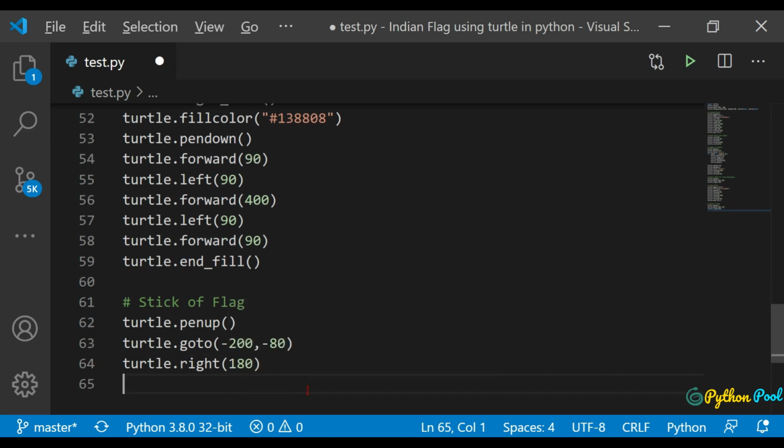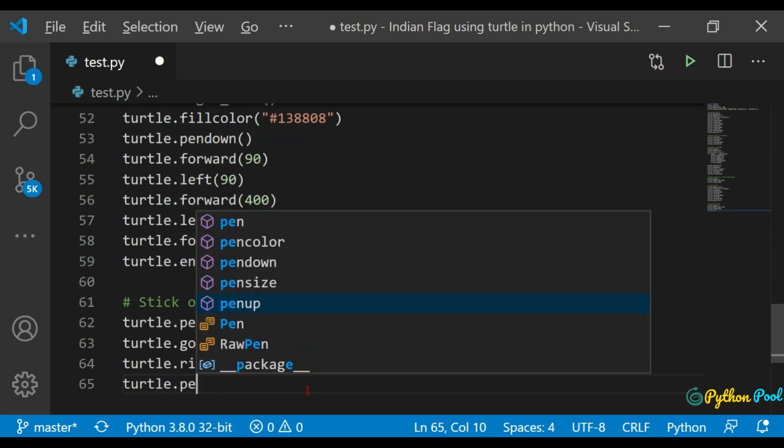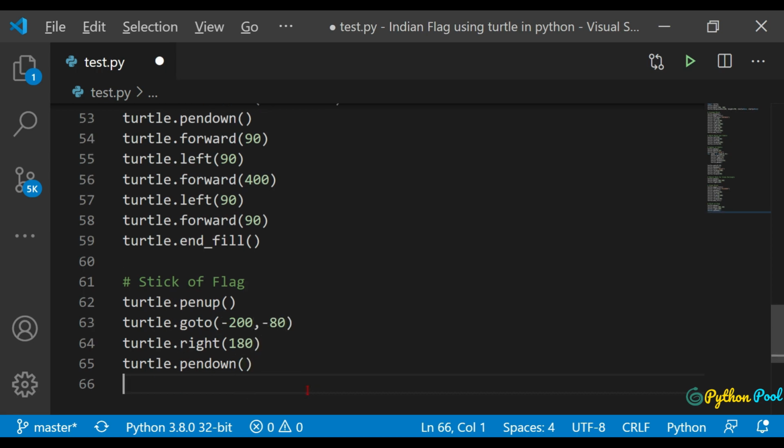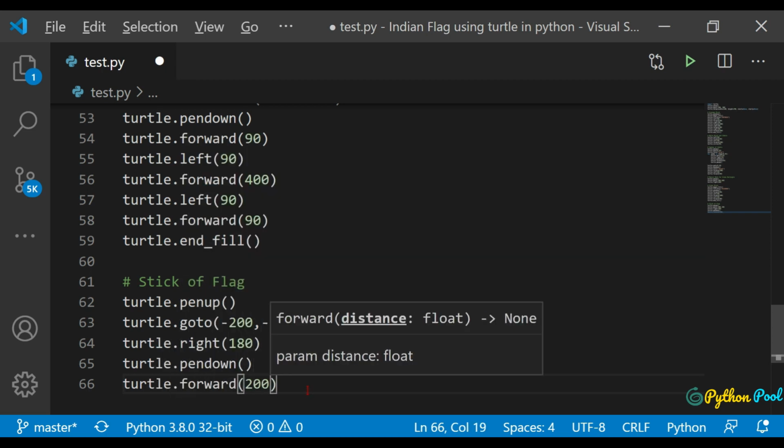It should turn right 180 degrees and then pen down. So turtle dot pendown, and after penning down it should go forward by 200 units. That's 200 units is enough for our stick. So turtle dot forward by 200 units.